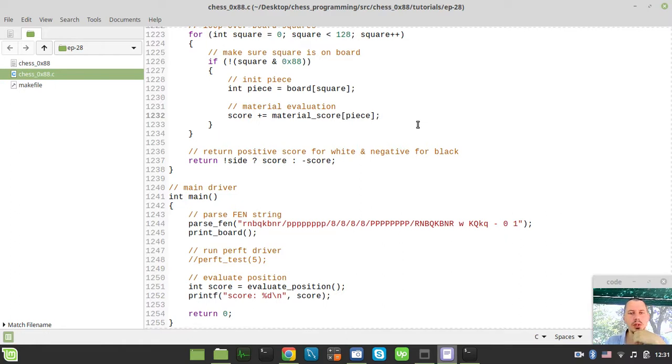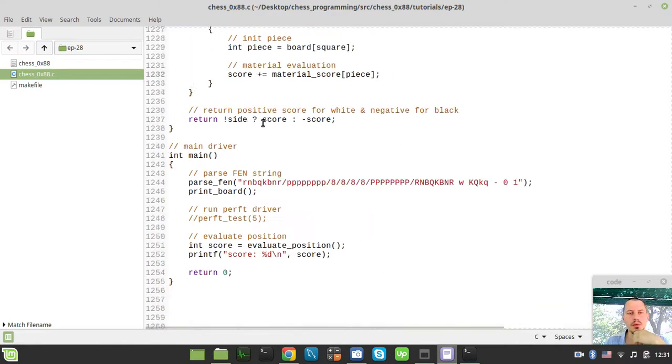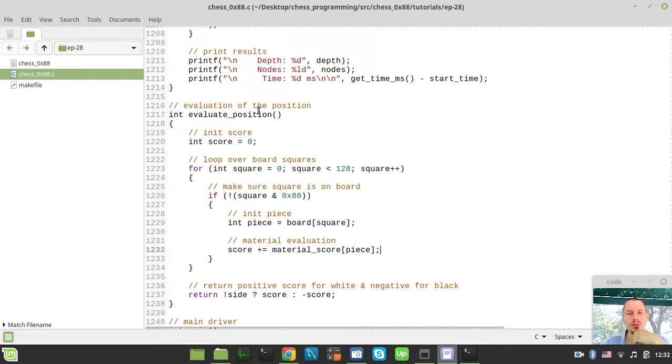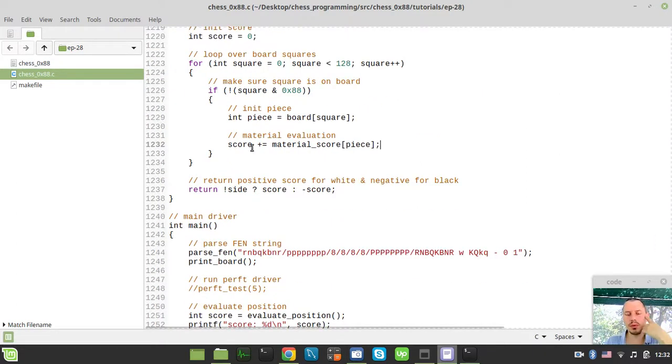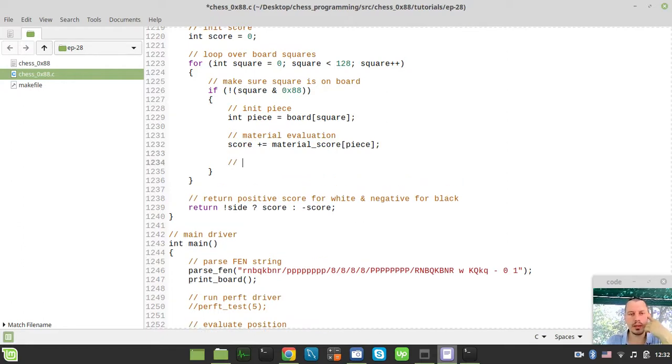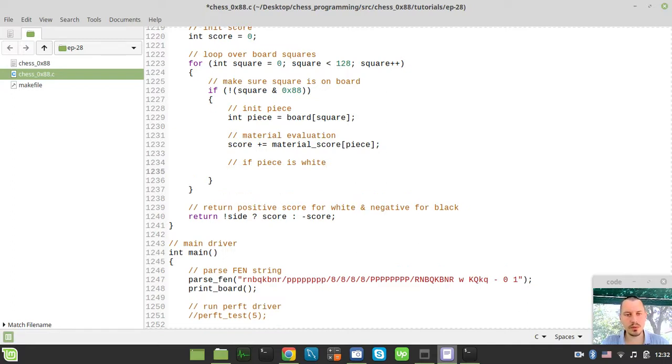In general, the score would be plus equals in case we're dealing with the white pieces, and in case we're dealing with the black pieces, we need to subtract. So probably we just need to distinguish. So if the piece is white,